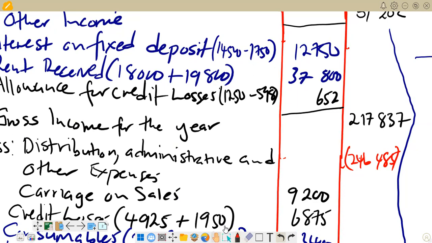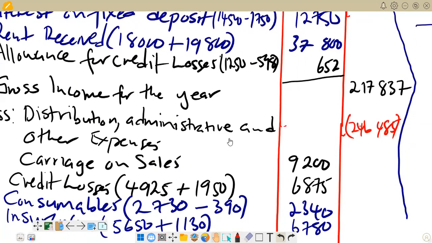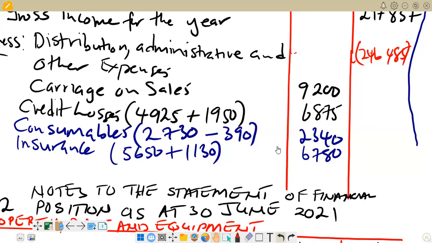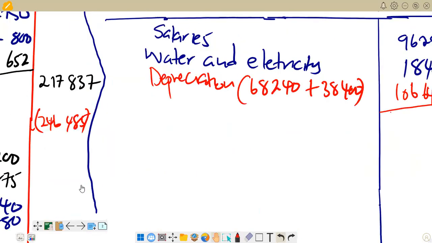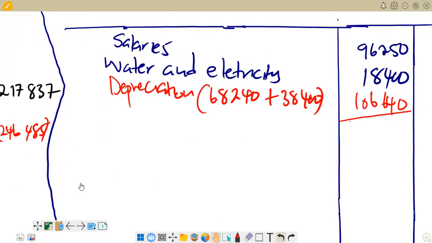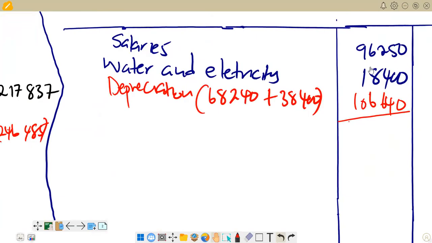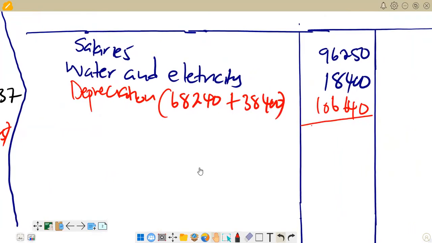We are now moving on to the next section, which is the finance cost. Remember, we also need to subtract the finance cost. So the finance cost is going to come now here. We are now just going to list it here as finance cost. Here we're not going to subtract and put the net figure here. We can just subtract the finance cost. Then after that, that's when we are going to get the net profit or loss for the year. Then we are now going to say here finance costs. Right. So for the finance costs,